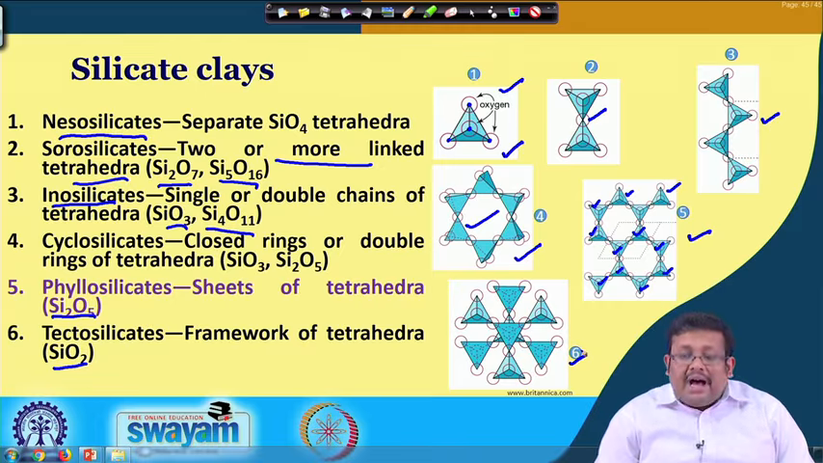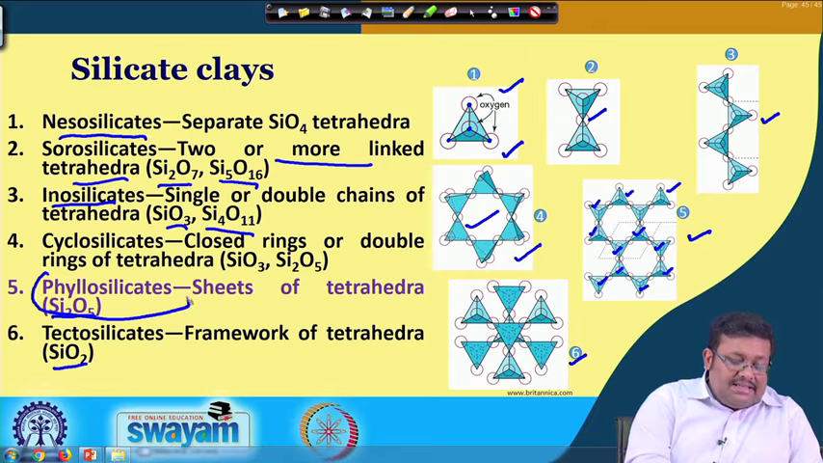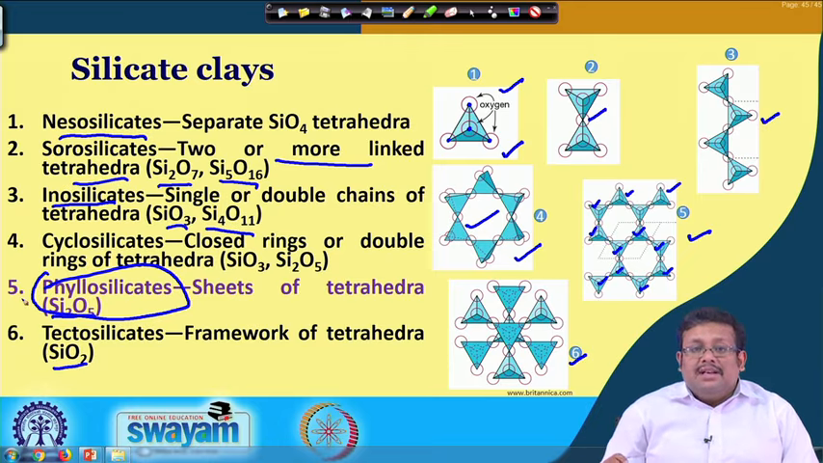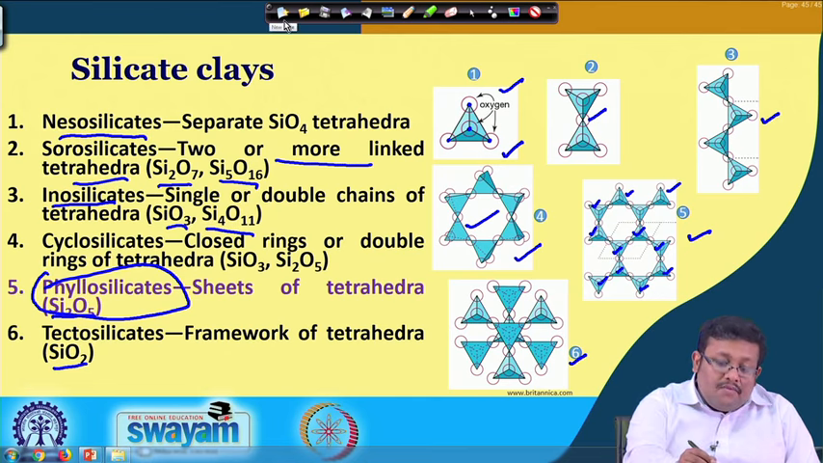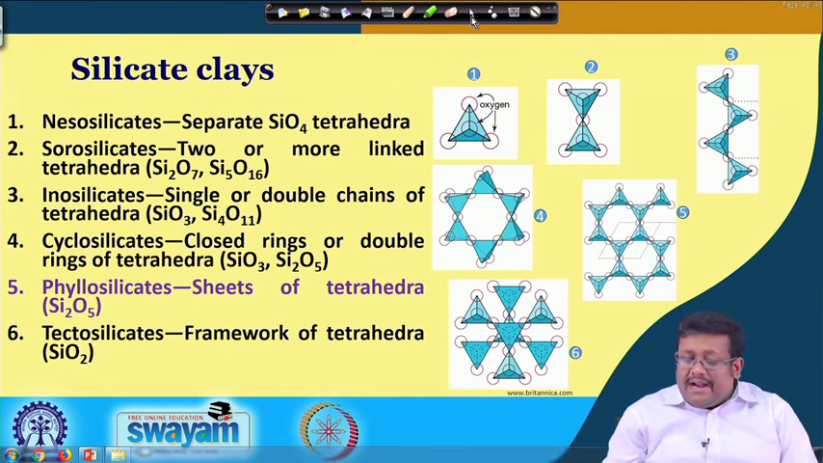So, these are the basic classification of silicates, and these are what we call silicate clays, and the name is phyllosilicates, and these are other silicate minerals, and these minerals are mainly present in primary minerals, and also tectosilicate is also present in primary minerals. So, we have covered what are the different types of silicates. So, let us go ahead and see